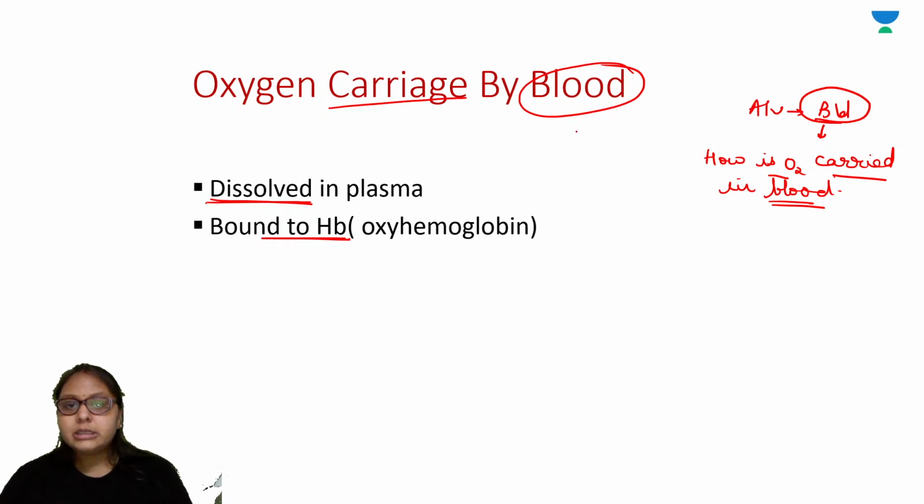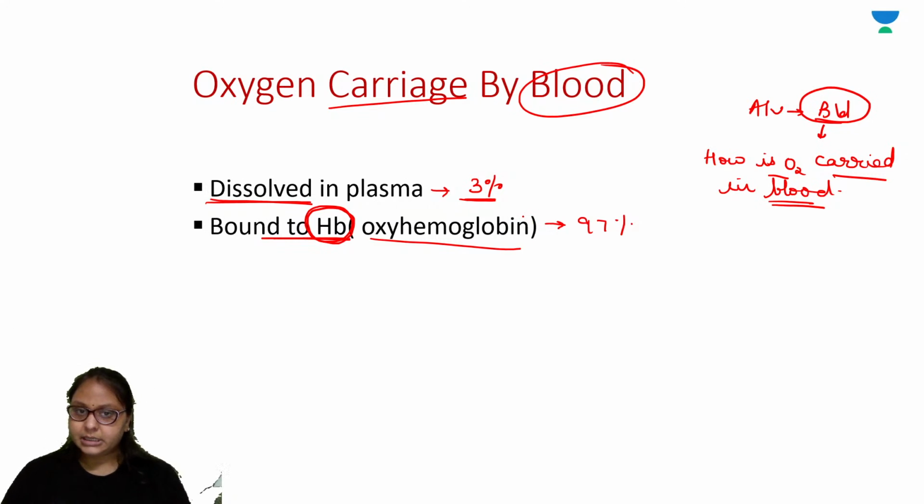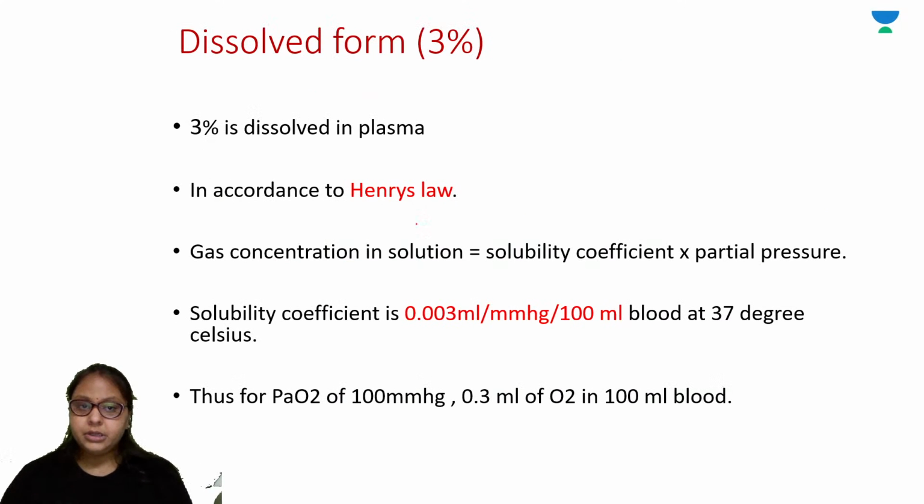Oxygen is dissolved in the plasma, it is only 3% of the total oxygen. Majority of it is carried by binding to the hemoglobin, that is oxyhemoglobin, that is 97%. So dissolved in the plasma it is only 3%, and this is according